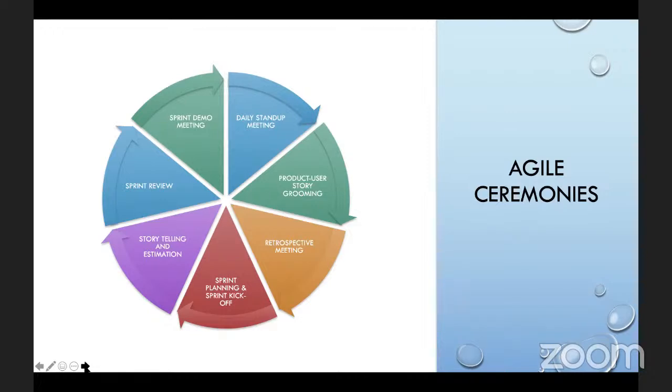So at the end of every sprint, we bring the stakeholder in, the owner of the platform, and say, hey, this is a feature that we have finished. We want to demo it to you. So we show the stakeholder or the owner a demo, and say, hey, these are the features that we have done. So we demo it to the stakeholder.